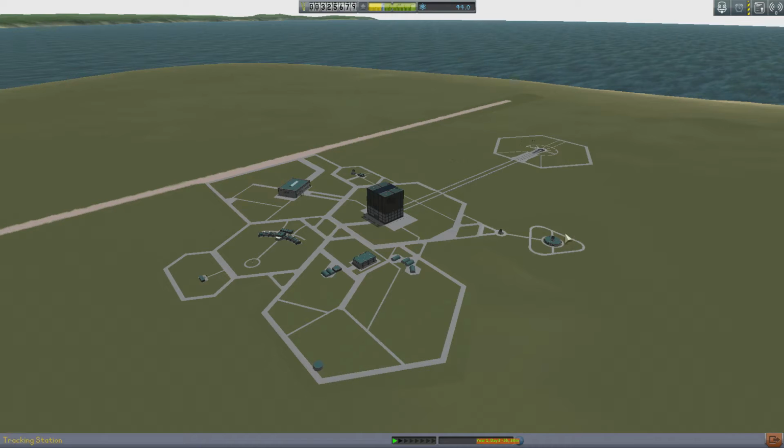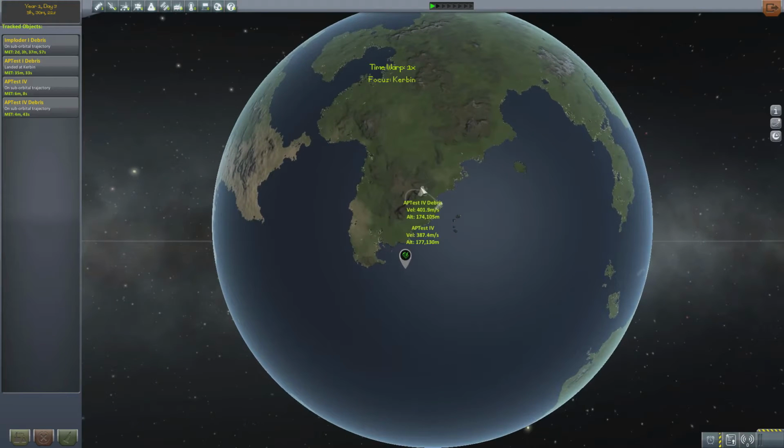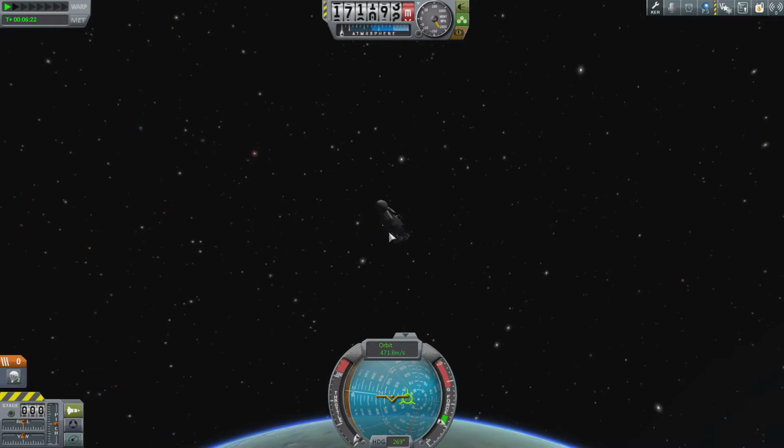Okay, what we need to now do is go in here, enter, and go back to our pod. So if we go in here, we go to the APTest IV here and double click it, and it should take us to the ship, and we are now controlling the ship again. So okay, I thought we had an extra one for the things, so that means that's good in some ways,